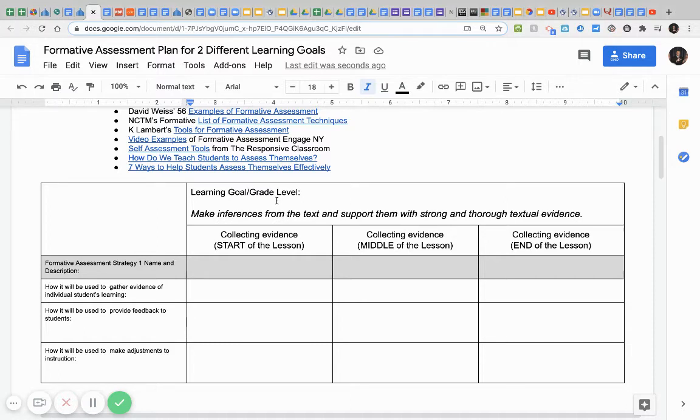And then from there, I'm going to develop a very robust formative assessment plan. In other words, I need to figure out how I can collect evidence of students' ability to do this at the start of the lesson, at the middle of the lesson, and at the end of the lesson. Okay, and I'm going to come up with an idea for the beginning, middle, and end, and describe that in detail